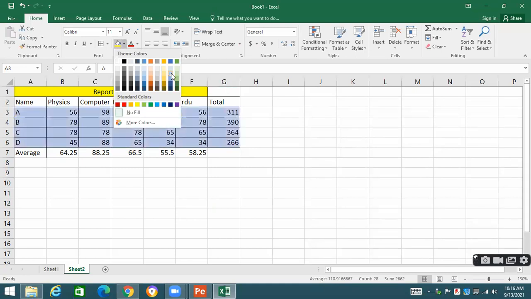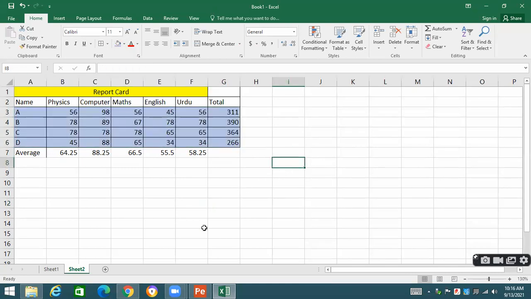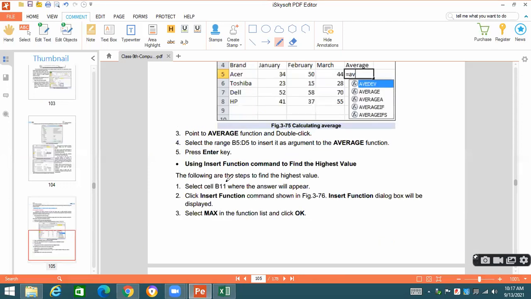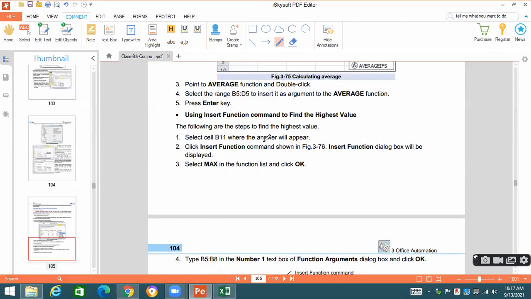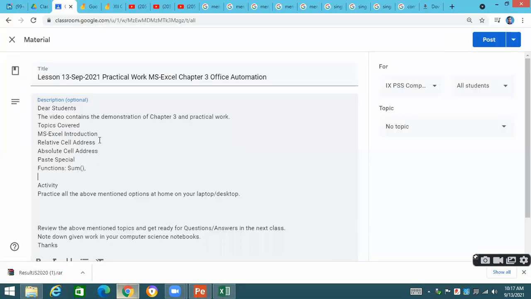Students, is this point clear? We can apply the function to evaluate, and we can drag that function for the next values as well, horizontally or vertically, in order to apply relative cell addressing, so that we can get the answers for the rest of the data as well. Students, is this point clear, how to apply the sum function, how to apply the average function? Are average and sum clear or not? Please give me feedback.